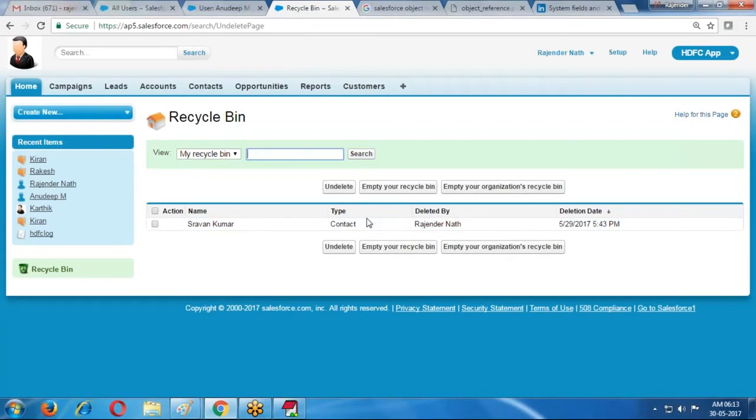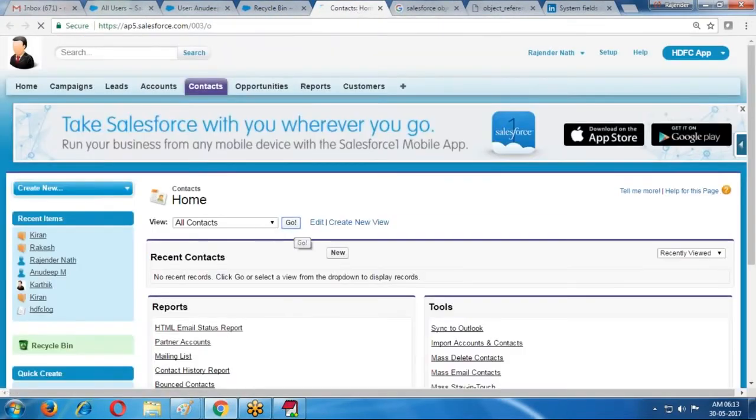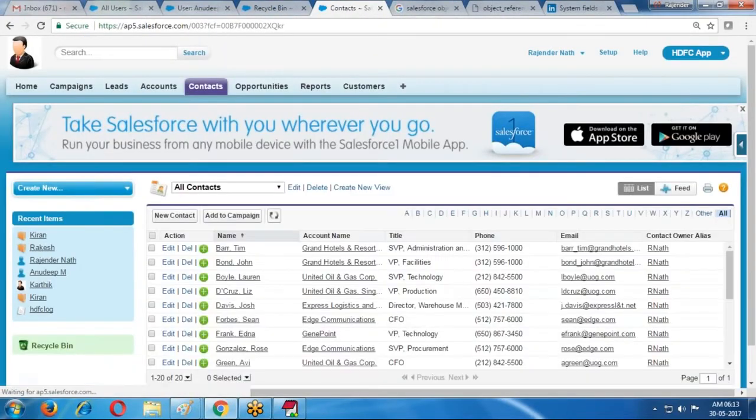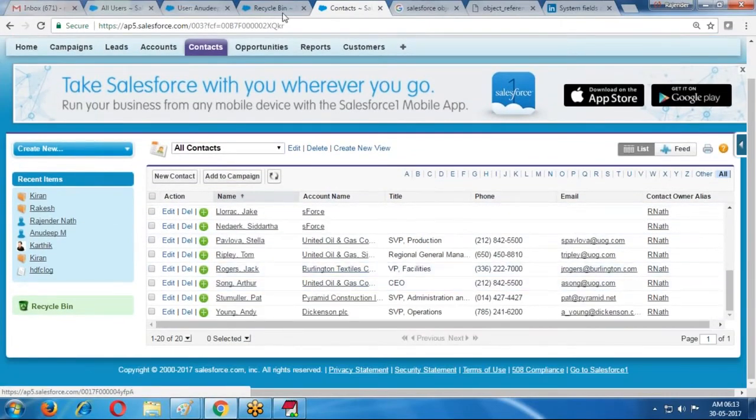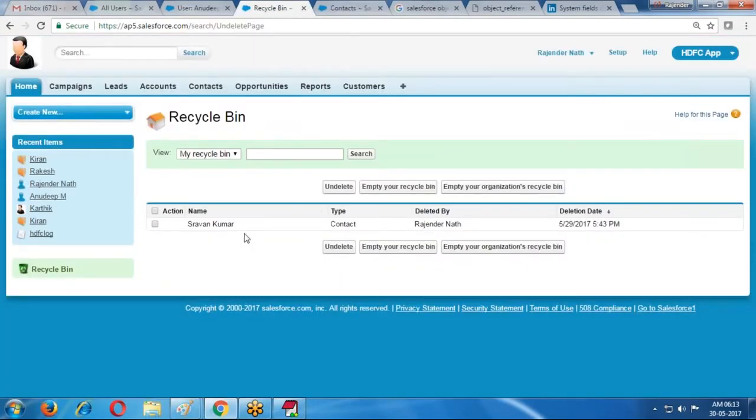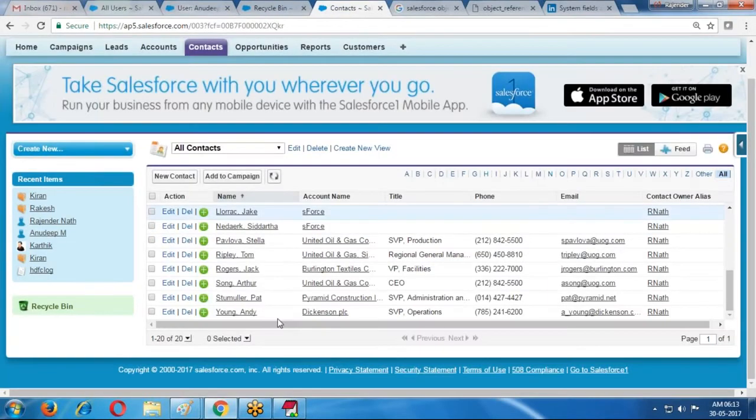Whenever we are exporting the data, if you want to identify whether a record is from the recycle bin or from the active records, the is deleted value tells you. If the record is from the recycle bin, is deleted is true. If the record is an active record, is deleted is false.